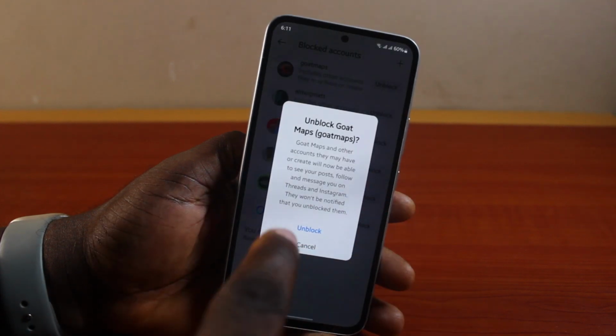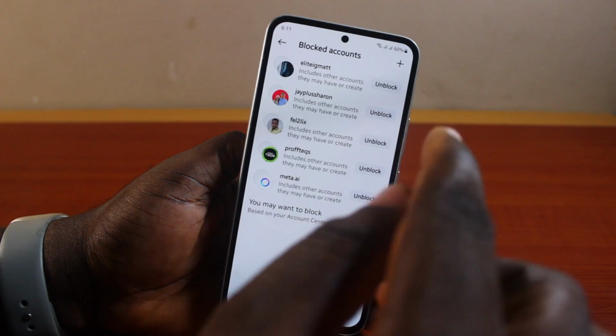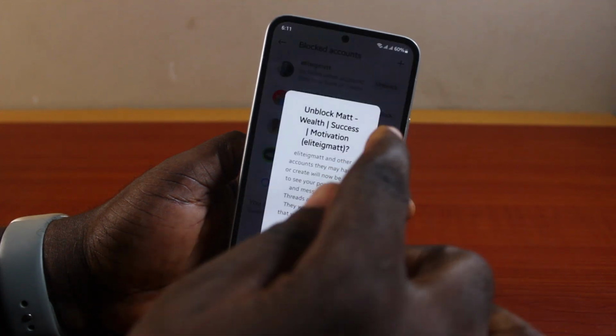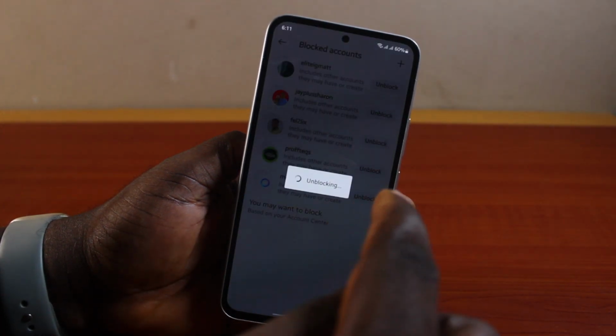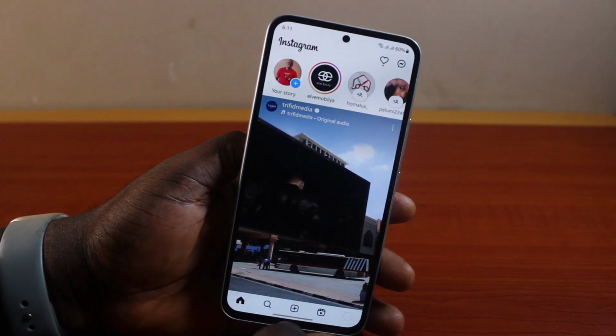Then you'll see a spot that says Unblock this user. Click on Unblock. Unblocking. Now you want to repeat this on all Threads users you blocked to make sure they are all unblocked. And once you're good, then you're good to go. So that is basically how to